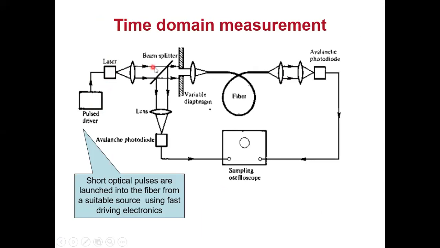So we have the source, that is the laser. Then we have this arrangement, the beam splitter. Why is this beam splitter there? Same reason. Here I take a reference signal and I give it to the oscilloscope. So this is my input signal. This beam splitter is just a mirror kept at a 45-degree angle. The same light you can split into three.